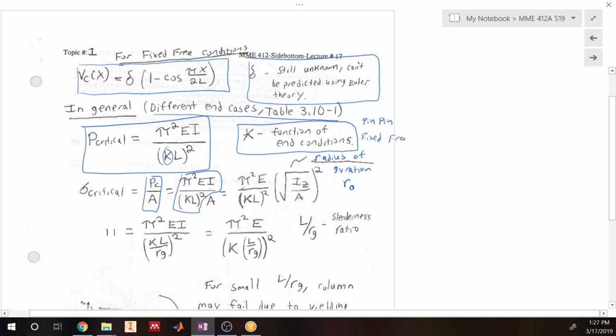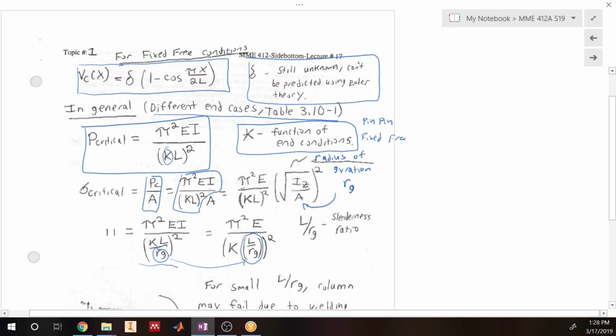So this is referred to as RG, which is just equal to the square root of the moment of inertia over A. All right, and if we take that RG term and put it into the original equation in the denominator, and then we separate the length divided by the radius of gyration,